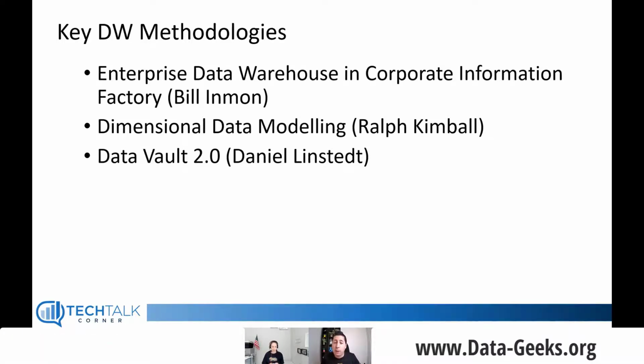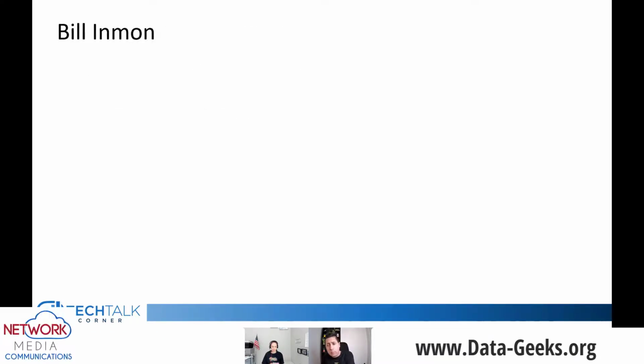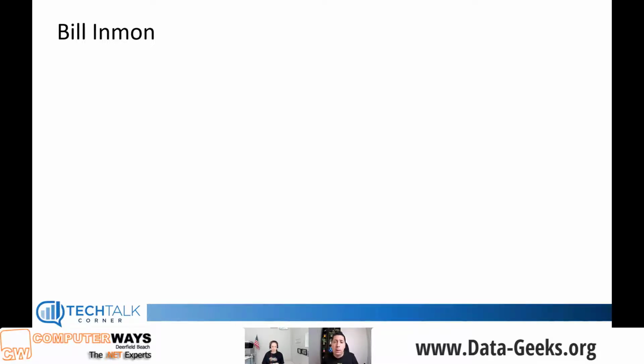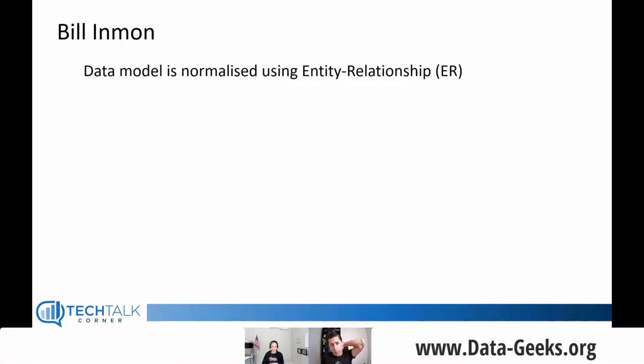I try to summarize as much as possible these 3 main key methodologies. Doing that in one slide is really difficult, but I'll highlight some of the key characteristics within each methodology. Within the Bill Inmon methodology, the data model is normalized in the enterprise data warehouse using entity relationship.